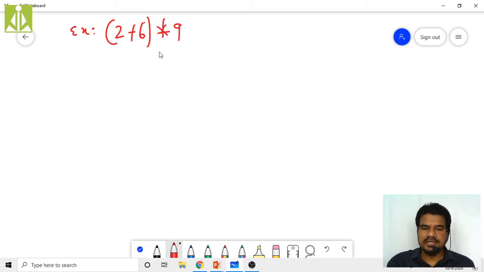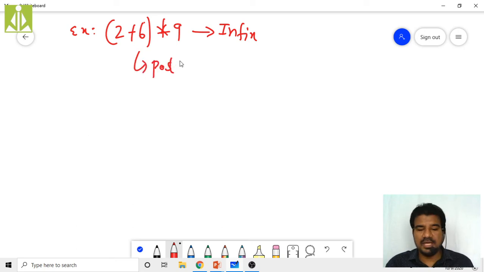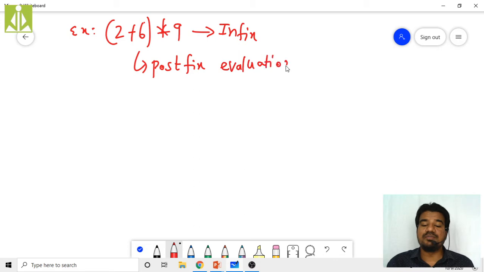It is an infix expression, isn't it? So there is a probability that the people will give you an infix expression, and they want you to perform the postfix evaluation. They have given the infix expression, and now they want you to perform the postfix evaluation of this expression.